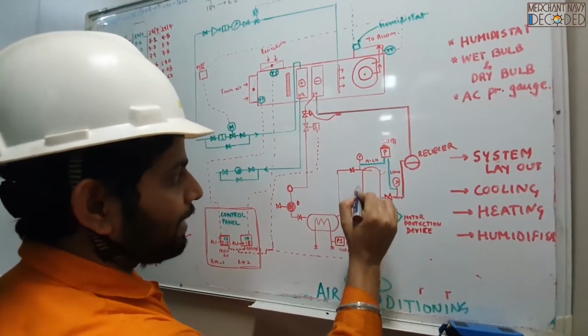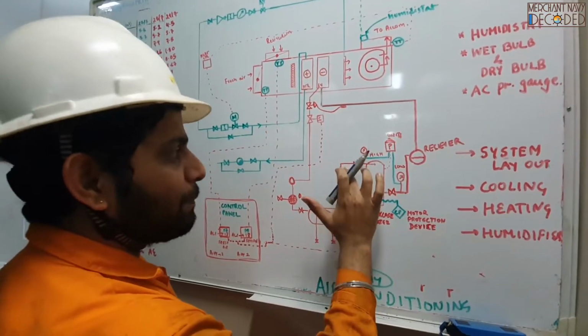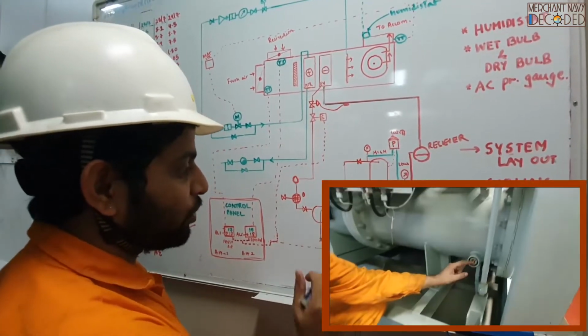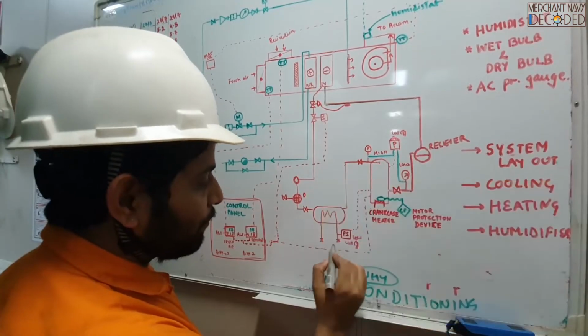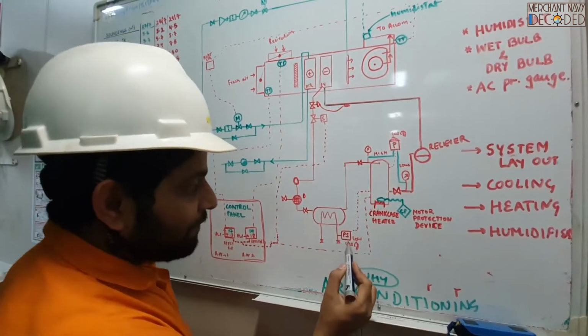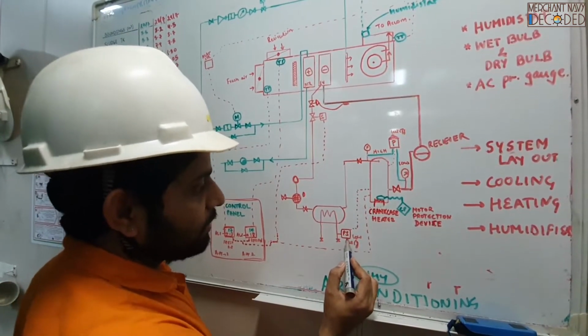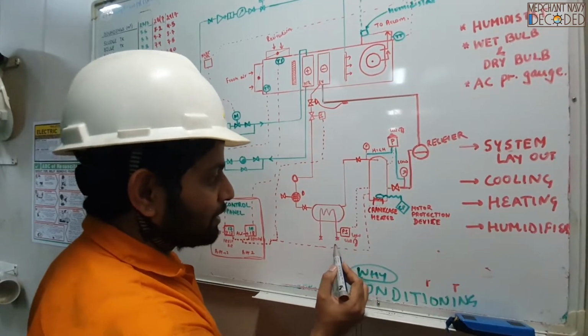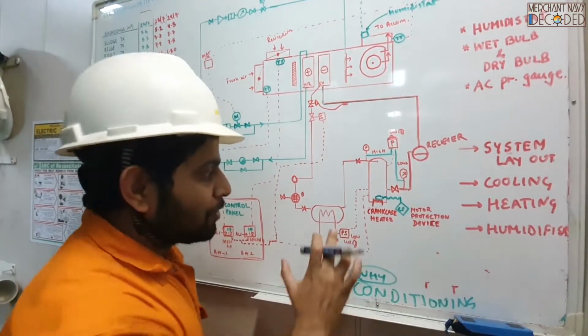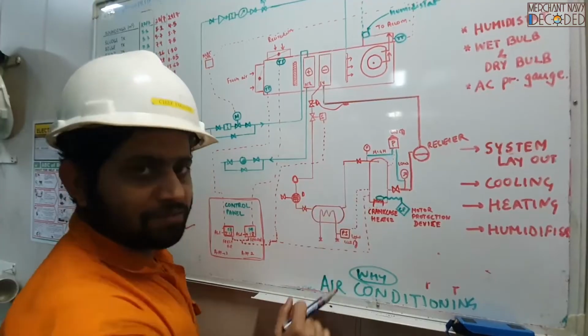Now from the compressor discharge side, high pressure, high temperature gas goes to a condenser over here. Over here this is cooling water flowing into the condenser. We have again given a pressure switch over here. Why is this pressure switch given? They say, brother, if cooling water does not go, what will happen? This side pressure will increase, right?